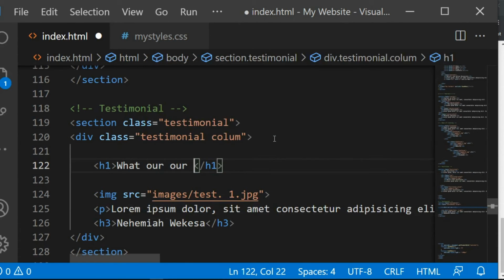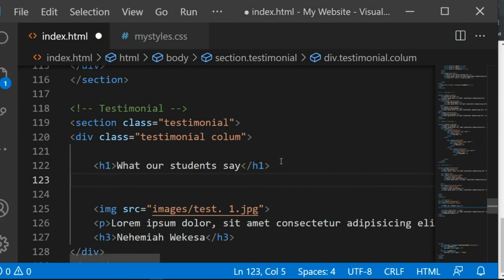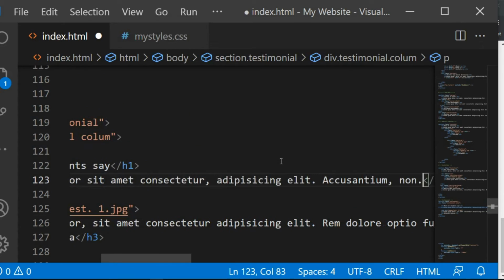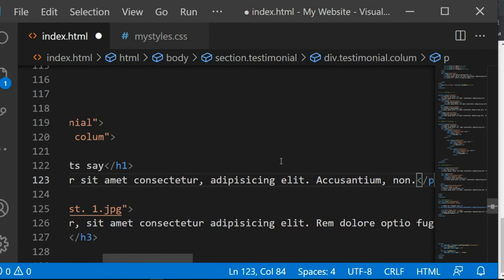The heading, what our students say. And then let's create some paragraphs here. So P for paragraph, and then let's generate some text. So Lorem 10,